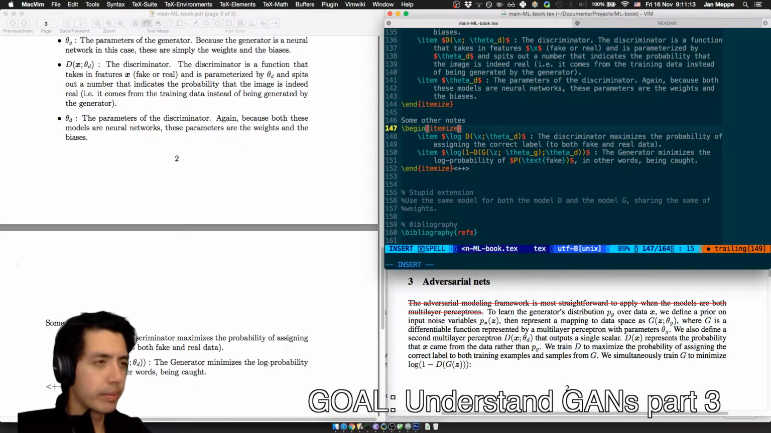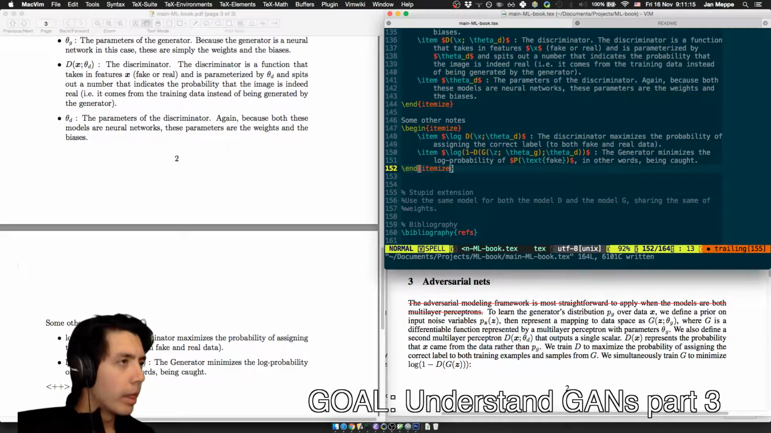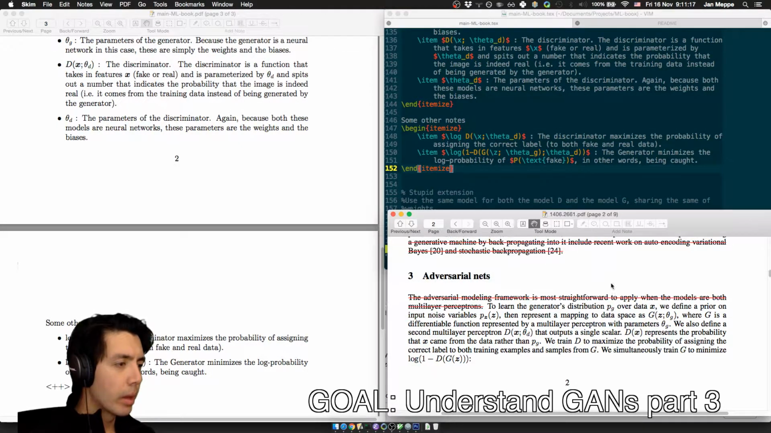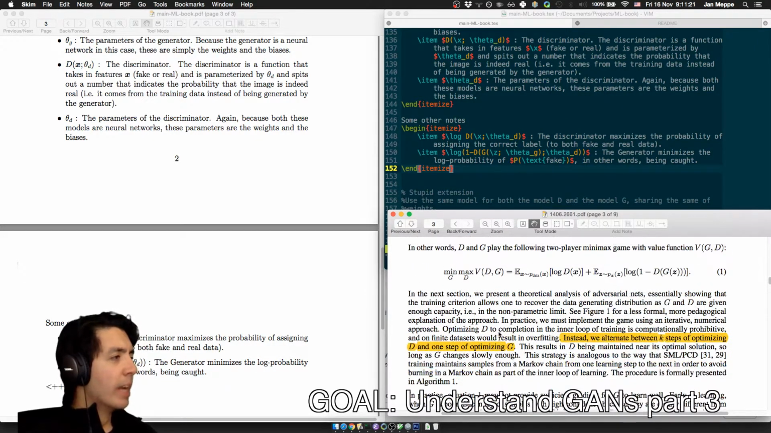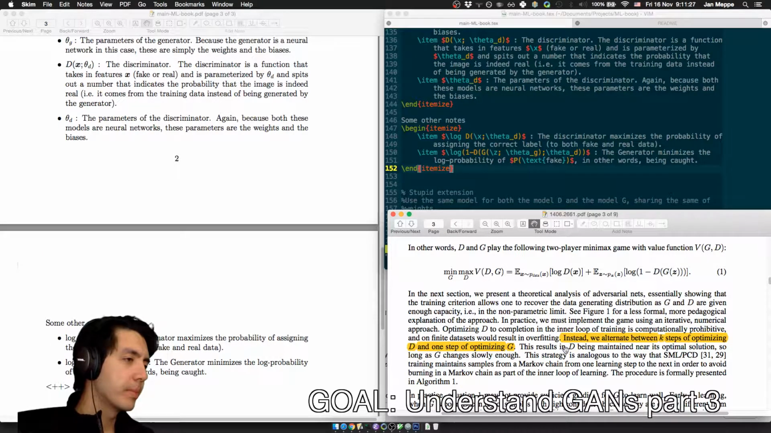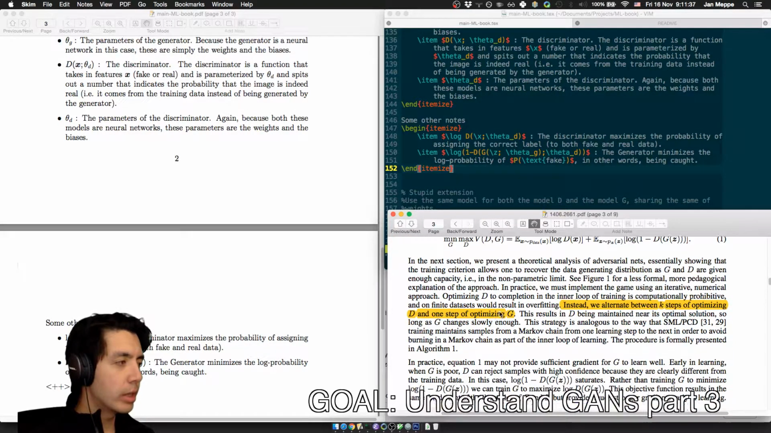All right. So we did this. That's nice. Then we came to this value function. I don't know if I need to write this down. All right, so instead of alternating,